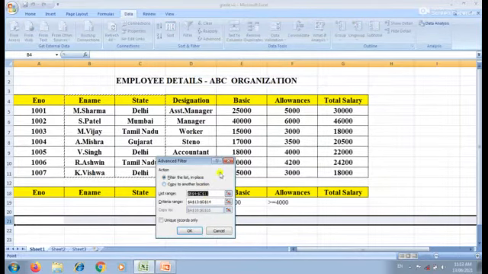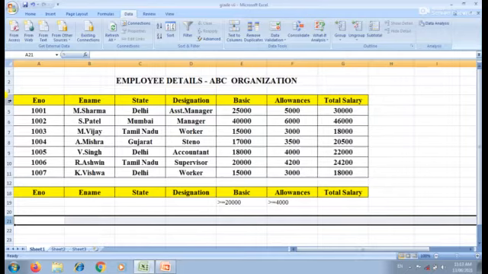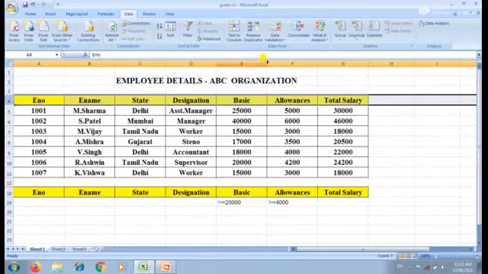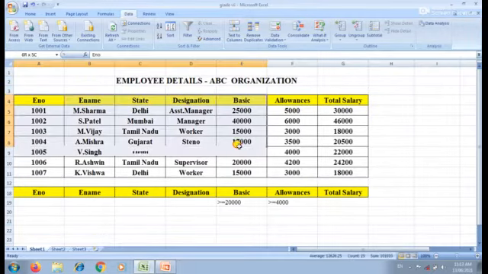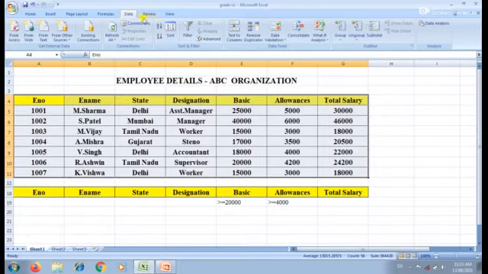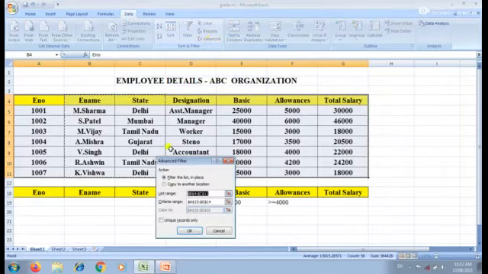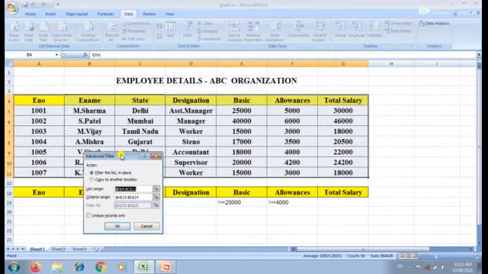Before that, student, we have to select the list range. Then the advanced filter dialog box appears. Here, two actions are given: filter the list in place, and copy to another location.